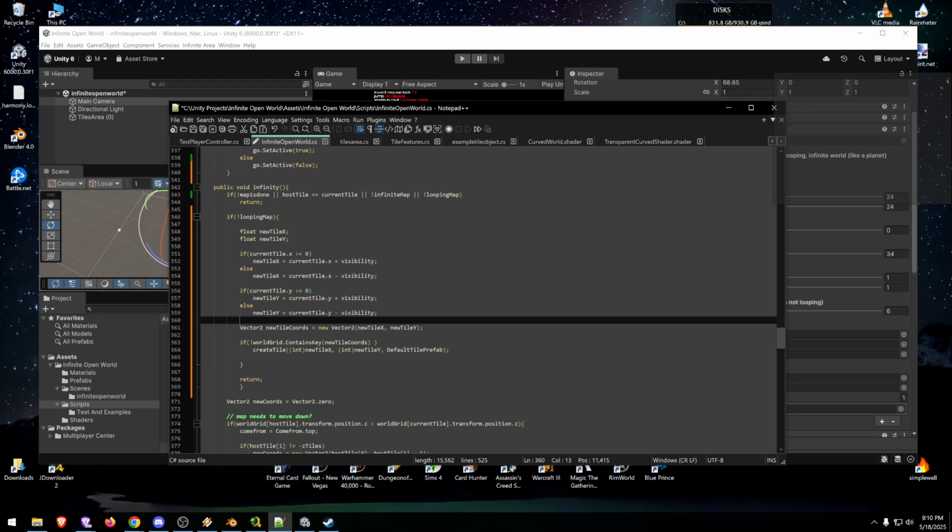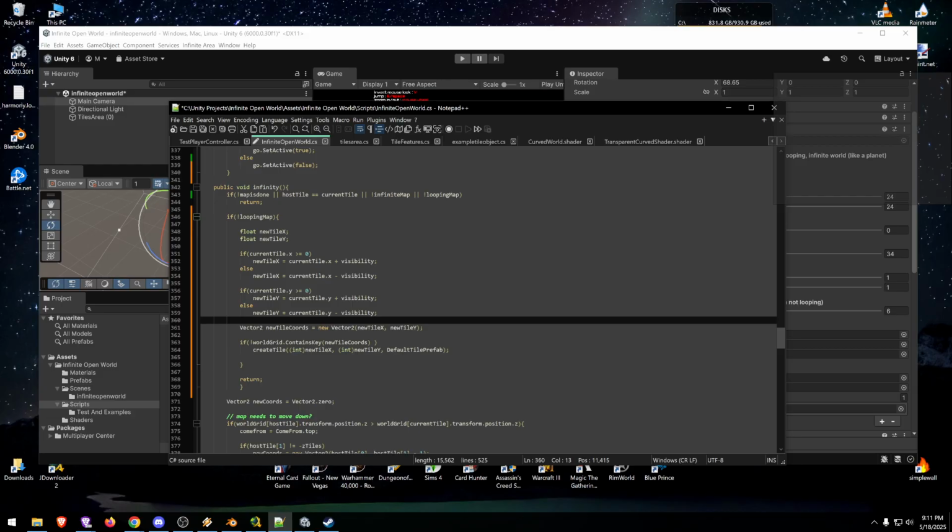New coordinates style? That is certainly a possibility. Or this is just the visibility. If it's infinite visibility, if it's -1 infinite visibility,